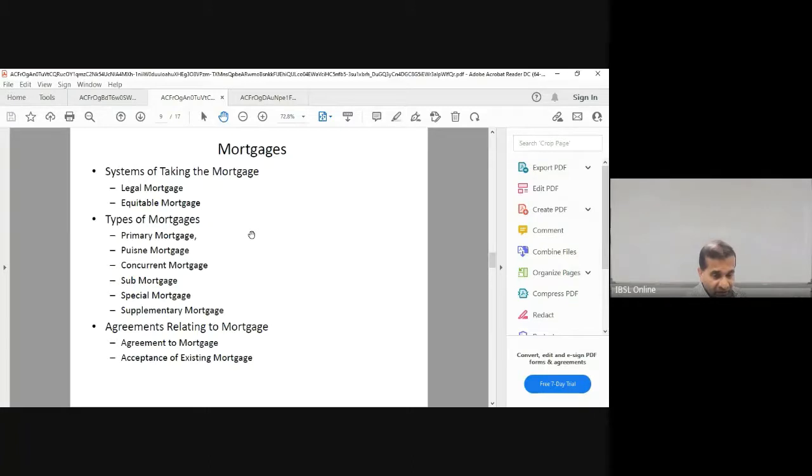You know that if you take a floating mortgage, especially for an overdraft facility, for example, once a year is completed, you can take acceptance of existing mortgage so that you can continue with that letter itself, because generally floating mortgages are valid for 10 years. So each year you can take an acceptance letter, that's good. Otherwise you have to pay stamp duty and legal charges and everything. It is very costly for the customer, and the bank also doesn't get much of that. So better you do it with the acceptance of existing mortgage. That will continue to exist for another 10 years.